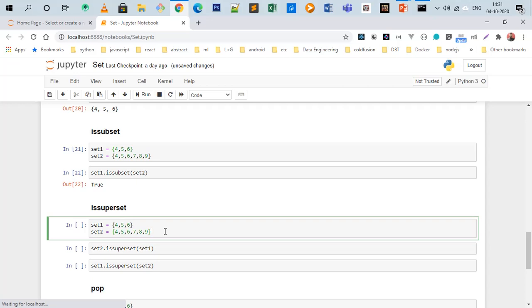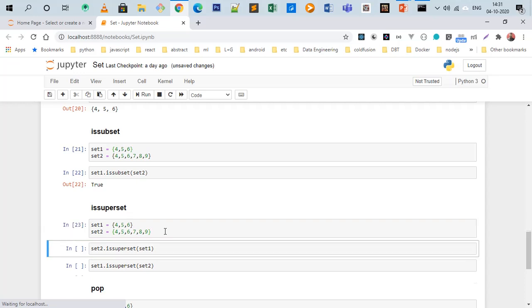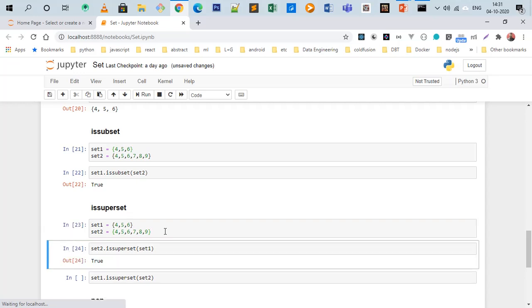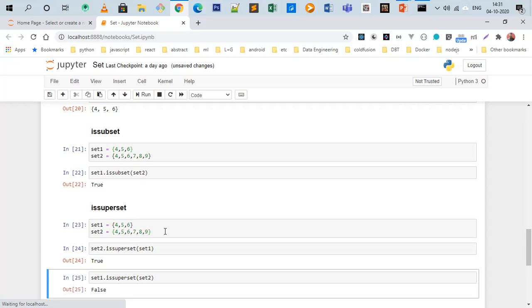It is not necessary that all the items in set 2 are in set 1, but all the items in set 1 should be in set 2. That is possible. So we are checking whether set 2 is a superset. Yes, because set 2 has 4 5 6 7 8 9 and set 1 has only 4 5 6. And if you check the vice versa, it will return false.